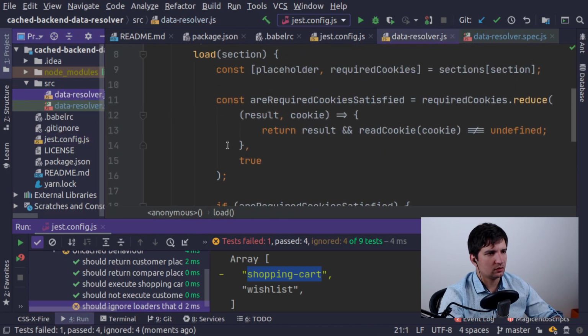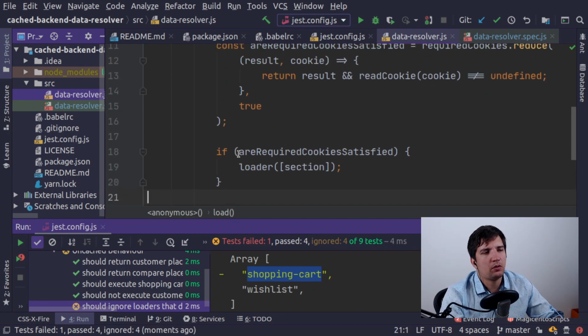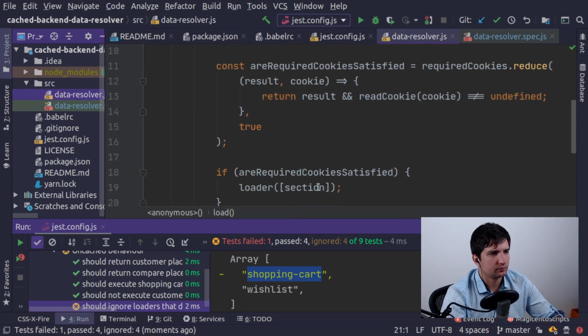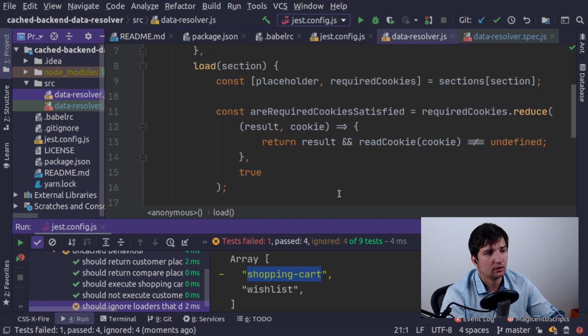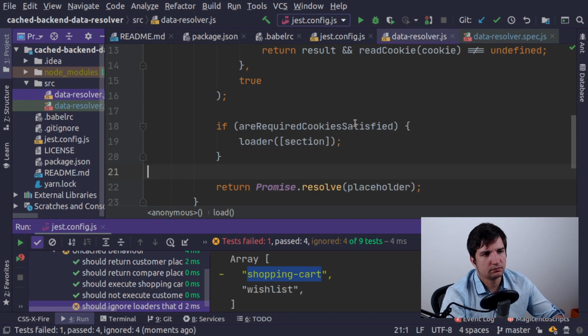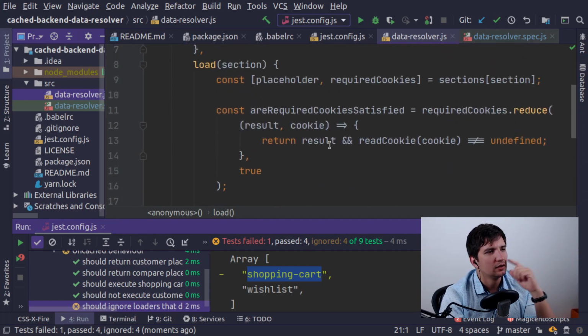Now I need to find a way to combine all the load operations together. I don't want to load the data for each of the blocks separately. I want to batch it together. So what we can do here is